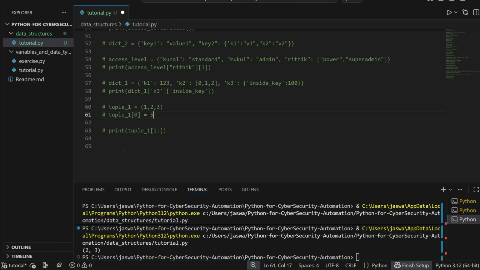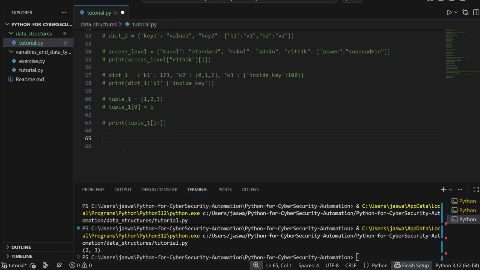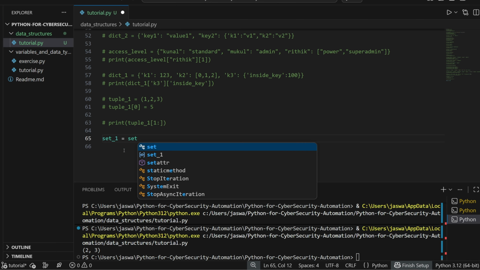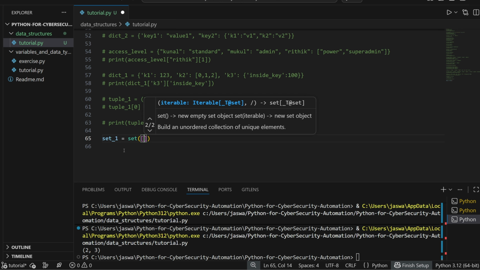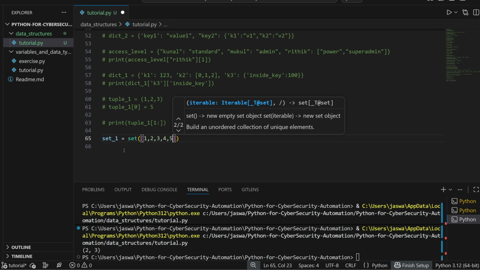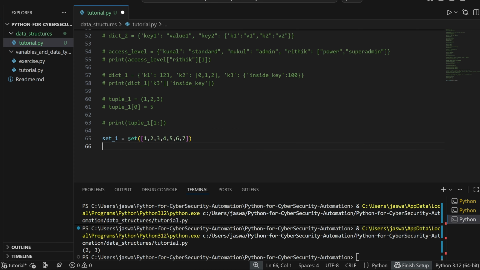To define a set, let's take a variable by the name of set1. You can use a function by the name of set and pass some values to create a set out of it. It might sound confusing at first sight, but what you do is define the set function, and the argument you pass could be any data structure from which you want to create a set. This inside is a list which contains 1, 2, 3, 4, 5, 6, 7, and using this list we want to create a set. So if you print the type